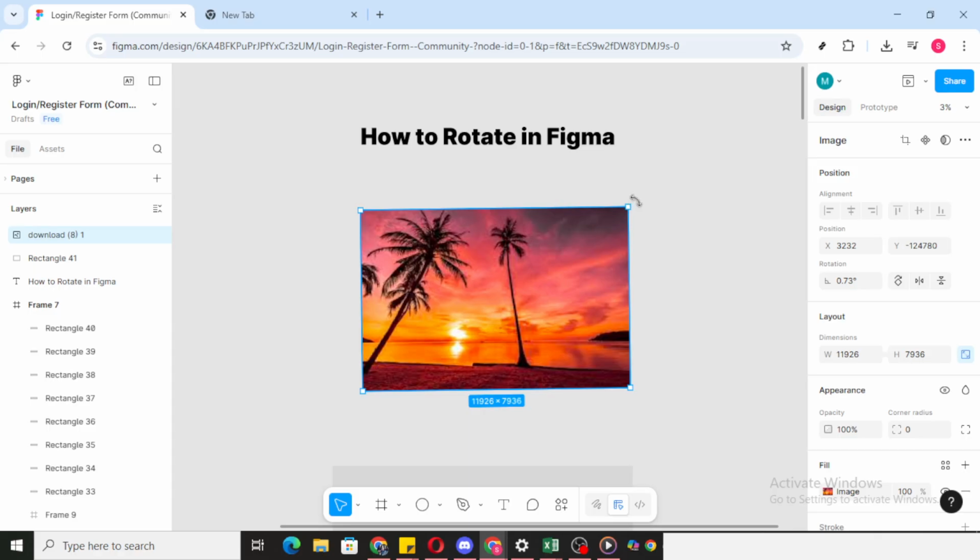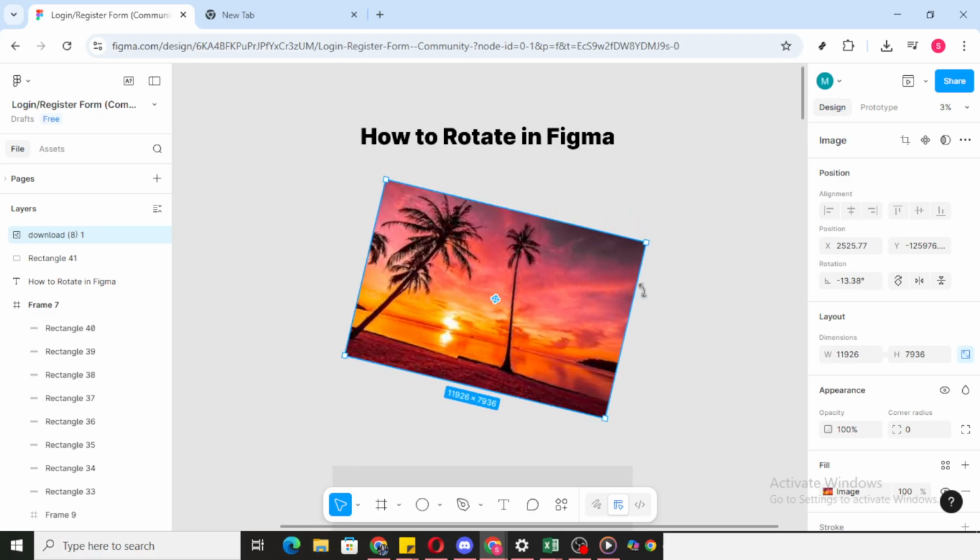With the object selected, move your cursor just outside one of the corners of that bounding box. As you hover near the corner, Figma reveals the rotation handle. It looks like an open-ended circular arrow, and it will appear only when you're in the right spot near the edge. To rotate, click and hold that open-ended arrow, then drag your mouse in the direction you want the object